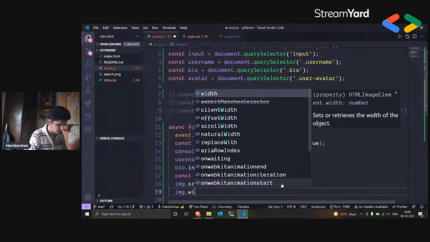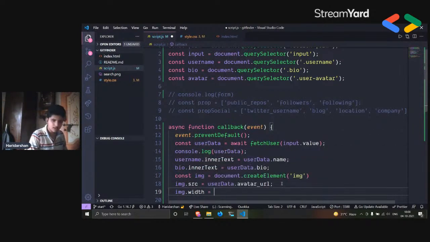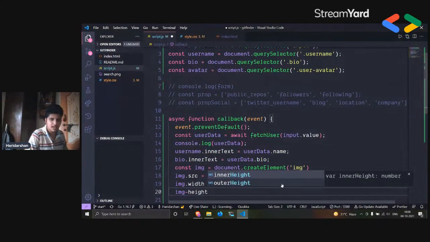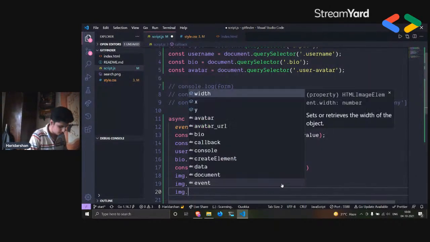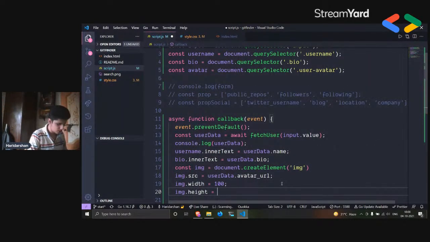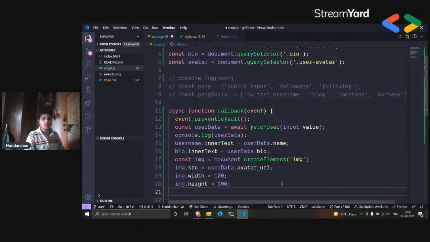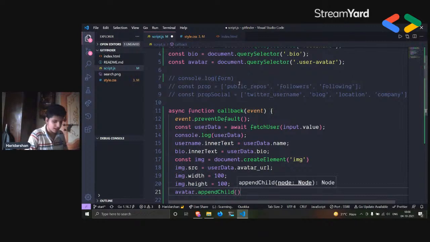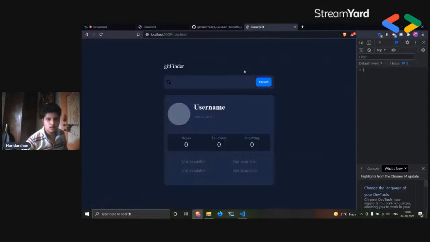and we can also specify some more things, which is use image.width, which can be 100 because our div is 100. Then you can also specify the height, image.height is equal to 100. And then what you want to do is append this thing into this div, which is avatar. So you can say avatar dot appendChild, and you can pass that img thing. So now if I go to